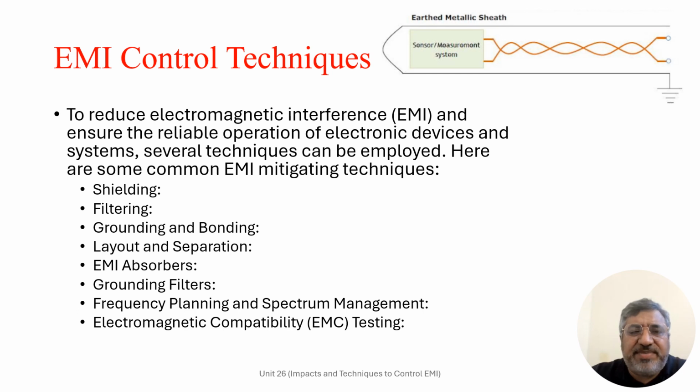Grounding and bonding. Proper grounding and bonding techniques are also crucial for EMI reduction. By establishing a low-impedance path to ground, grounding helps to divert unwanted electromagnetic signals or even electrical current and reduce the risk of EMI. Bonding ensures that different components and enclosures are electrically connected to maintain consistent potential and minimize ground loops that